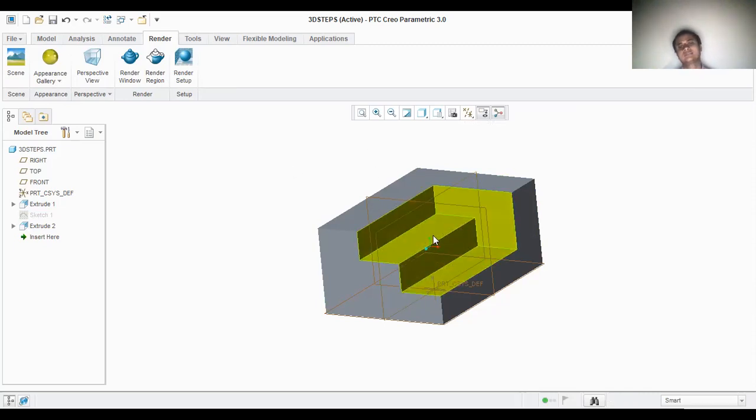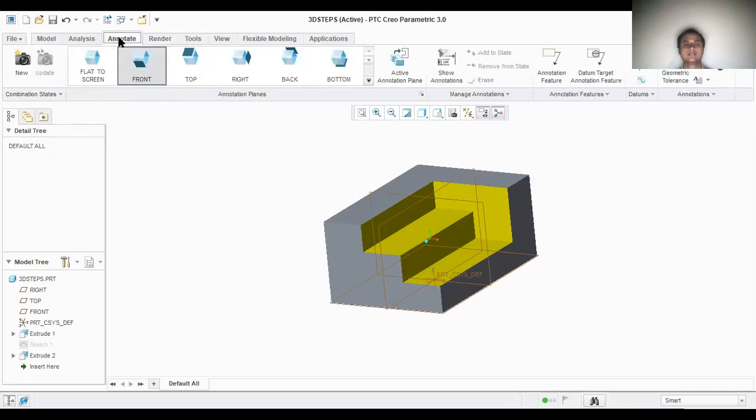I have highlighted that I have made an extrude cut, so that whoever is viewing your object will easily know that you have done an extrude cut or other operations. Then I'll click on annotate for giving dimensions. Then I'll select my complete object. This is my cut object, so you should get all the green color; click control and select this one. So my object has this green color line. Then I'll click on show annotation so that it will show all the dimensions.